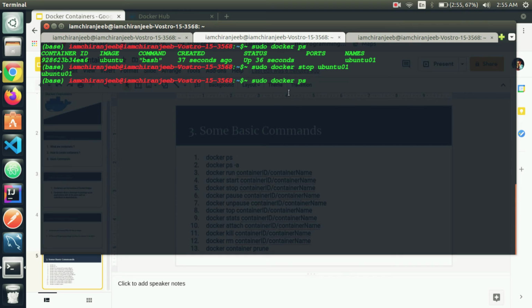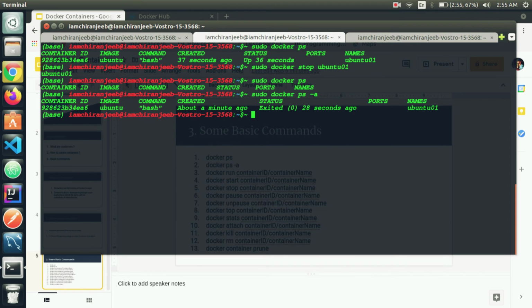Now let's check for the running containers. This is the command to see all the running containers. See, no containers are running, but when I see all the containers, here is the container. So let's start the container by typing sudo docker start container name.